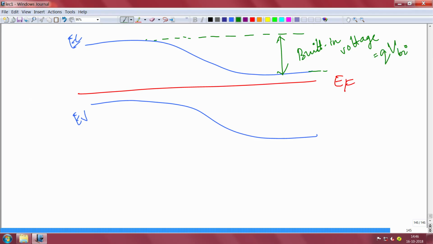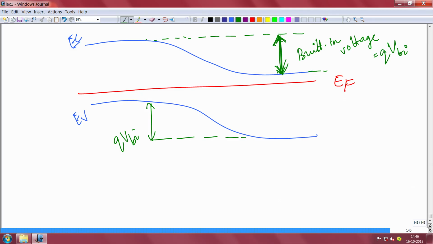You see the conduction band on both sides, and the same thing with the valence band, of course. It's exactly the same thing because it's the same band gap. You see that voltage that has built up because of that field is called the built-in voltage. You cannot measure it, by the way. You can only estimate or calculate it. You cannot measure it because to measure you have to pass current or apply voltage. The moment you apply voltage or pass current, this equilibrium will be distorted and you cannot measure this again.